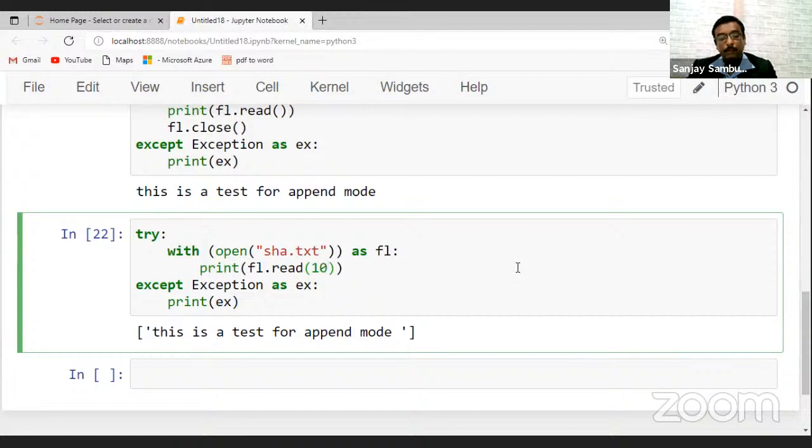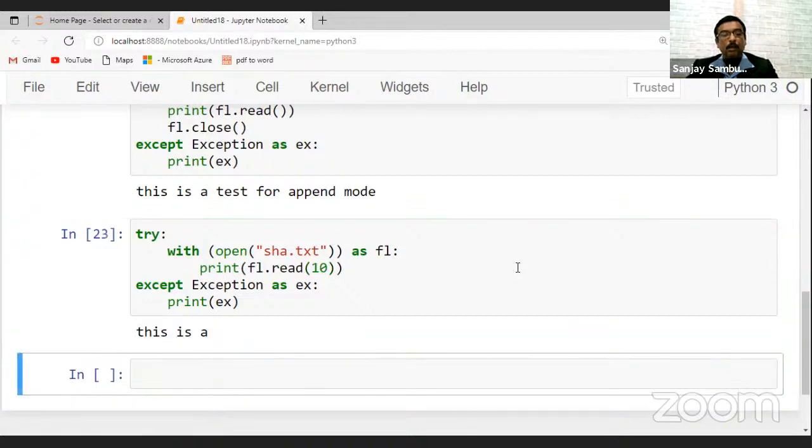So this will print the first 10 characters in the file. So instead of typing or getting the entire file, I can display or manipulate the number of characters I want to